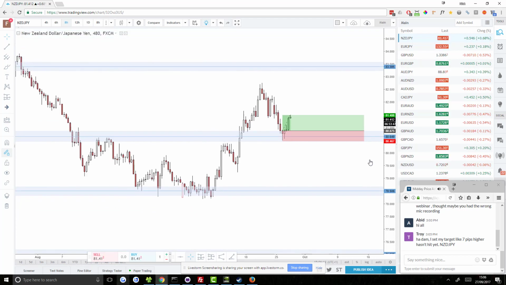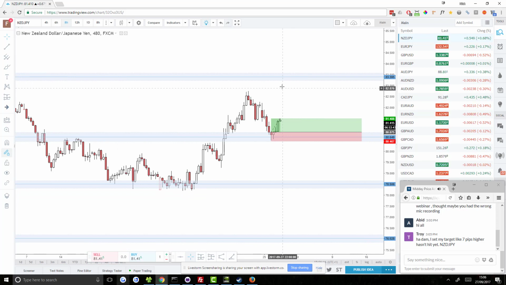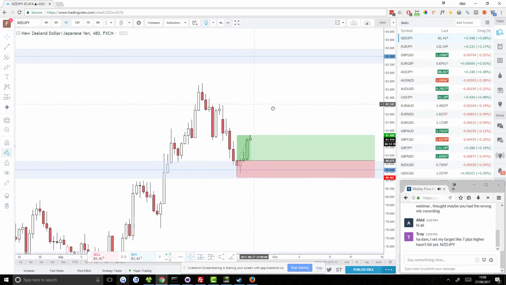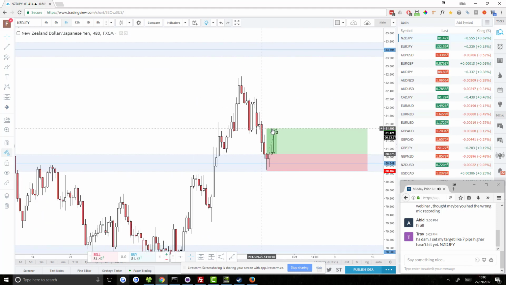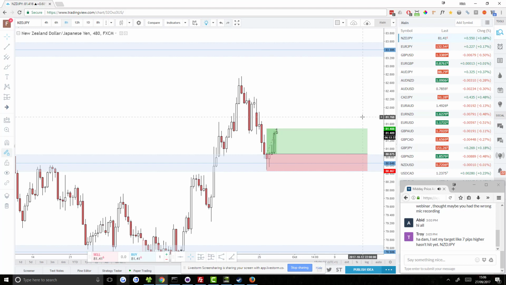But this trade is in line with the trend, with the bullish trend. So it does have a lot of room to move to the upside. My target was just hit before this webinar, but that was just my initial target. So this trade was a high probability trade. As a high probability trade, I